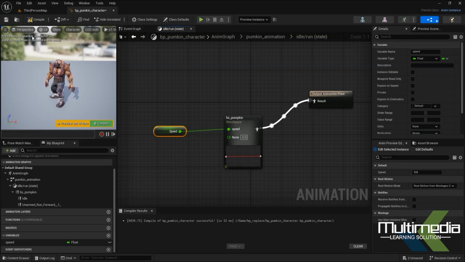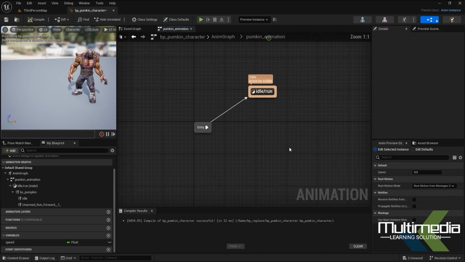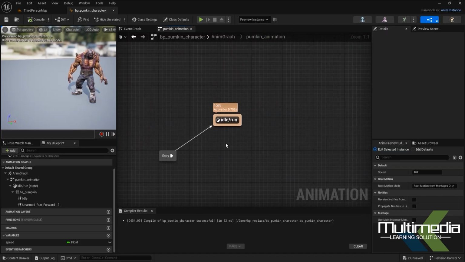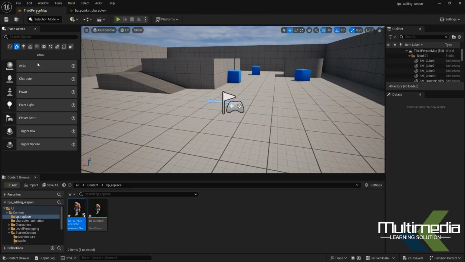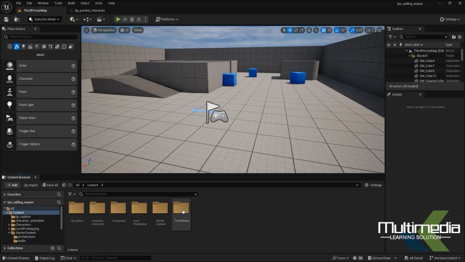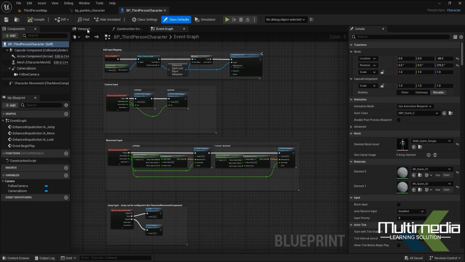Yes, say connect. Now you will see the animation which is here. Okay, and inside this again we will have to create this run animation. So go to the third person. First we will replace, and we will check whether our character is working or not. So just save it first, go back inside that third person blueprint character, and here we will replace our